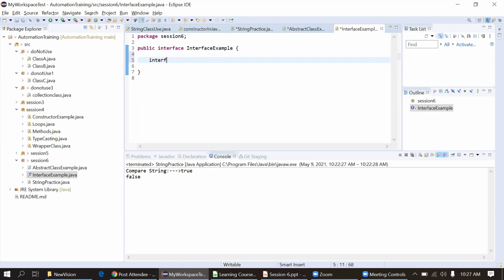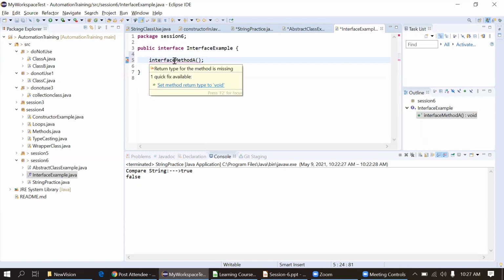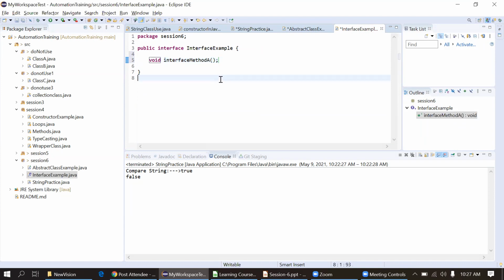I can give any name, interface method A. It's showing the error. Return type, yeah, void. So here I have defined the method. Actually, I have declared the method. So I can declare multiple methods here.